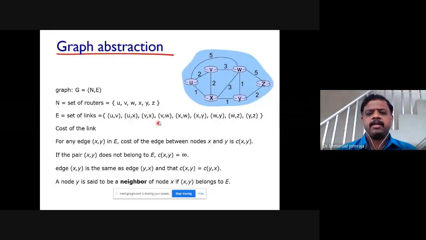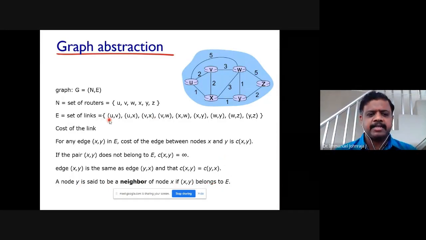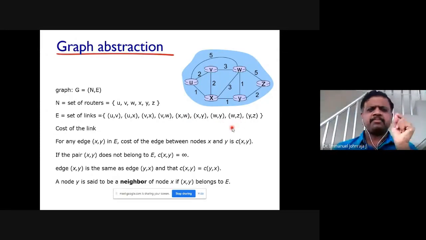Moving on. A node y is said to be a neighbor of node x if (x, y) belongs to E. If an edge exists in the E set, then they are neighbors. For instance, U is a neighbor to X, X is a neighbor to W, W is a neighbor to Z, and so on. A neighbor means there is a direct link between these two nodes. So this is all about our graph theory fundamentals and the basic terms. With this, let's move on. We'll learn our